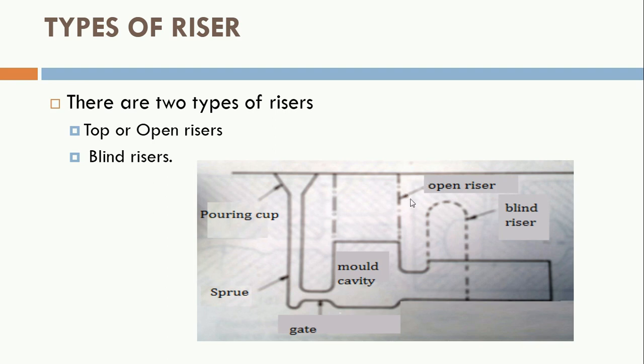Now the efficiency of this open riser is more as compared to the blind riser, because of the methods we are going to study in the next lecture, near about 8 methods, on how to improve the efficiency of riser. Most of these methods are applicable for the open riser, like topping up, electric arc feeding, or use of exothermic chemical compounds. These three methods are applicable to the open riser, but we cannot use them for the blind riser. In the next lecture we will see the efficiency of riser and methods to improve the efficiency of riser.